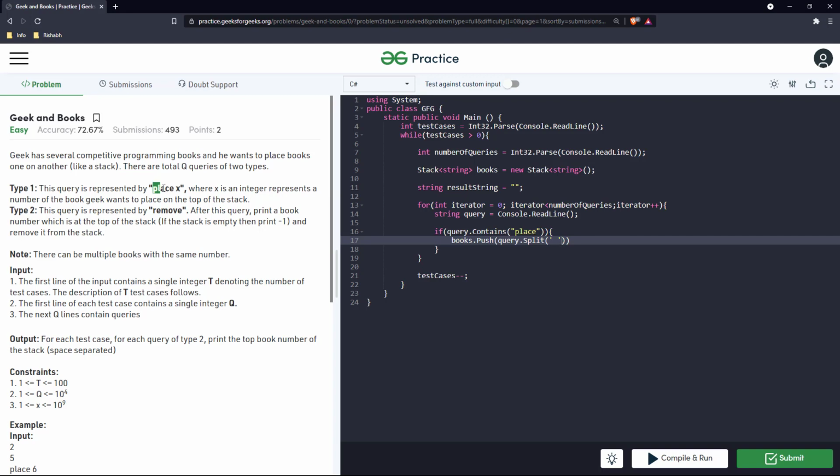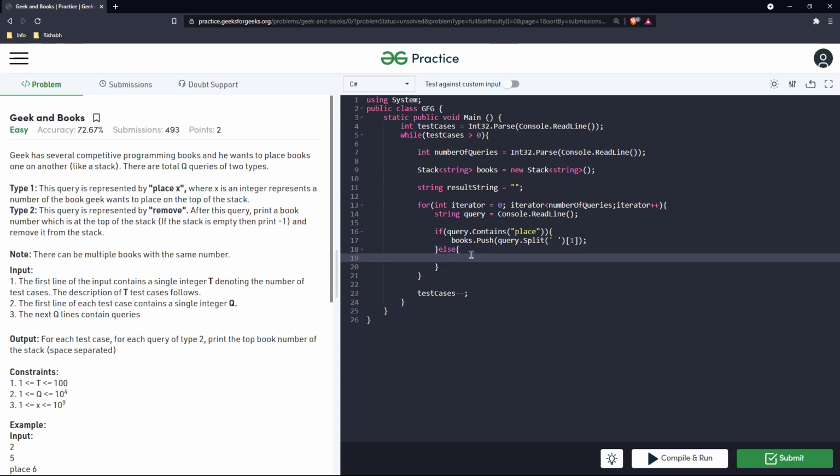So if it is written place X, we just want to push the X part because that is what will be required when we get the remove query. After splitting, place will be at the 0th index of that array and x will be at the first index. We'll just keep pushing it in the stack.